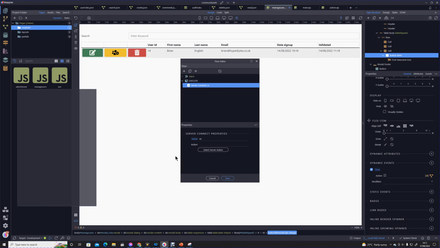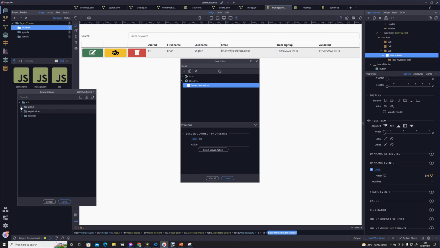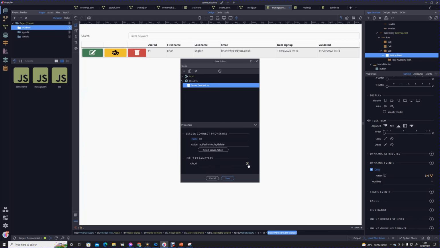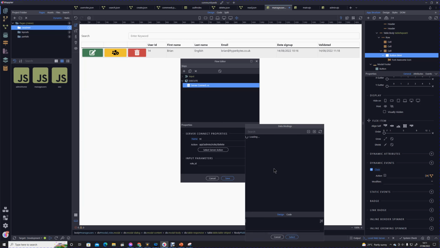We're going to select our server action within our roles. We're going to select our delete role action, and we're going to pick that role ID out of that repeat again. So we're sending the role ID, sorry, looking in completely the wrong place. I'm going to send our role ID from the repeat within our dynamic